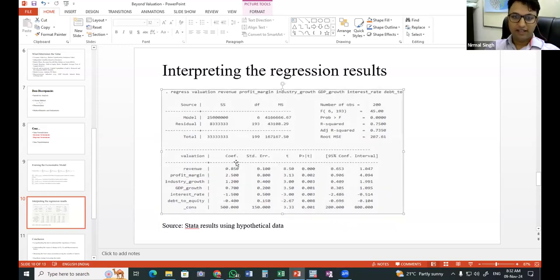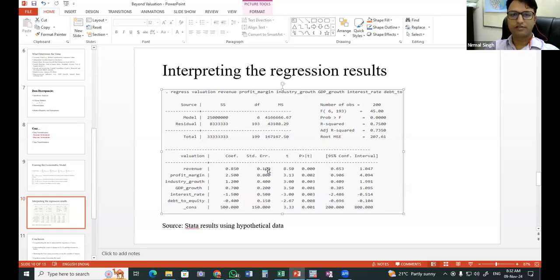Once the variables are significant, we can interpret them. Here is another example where the valuation of the company depends upon revenue, profit margin, industry growth, GDP growth, interest rate, debt to equity, and so on. Say the first independent variable is revenue, measured in absolute numbers, in Indian currency.